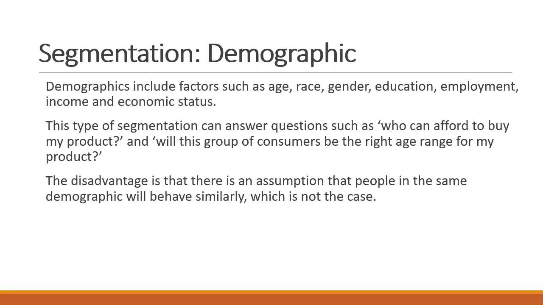Demographics: age, race, gender, education, what their income looks like, if they're employed, what that states what their buying power is, what their economic status is. But not only that, we might be looking at a specific age range. For example, colleges that market out to future students tend to market to specific age ranges. They don't want to spend their ad dollars on people over 40 who probably already have degrees. They want their ads to be seen by high school students and young adults.